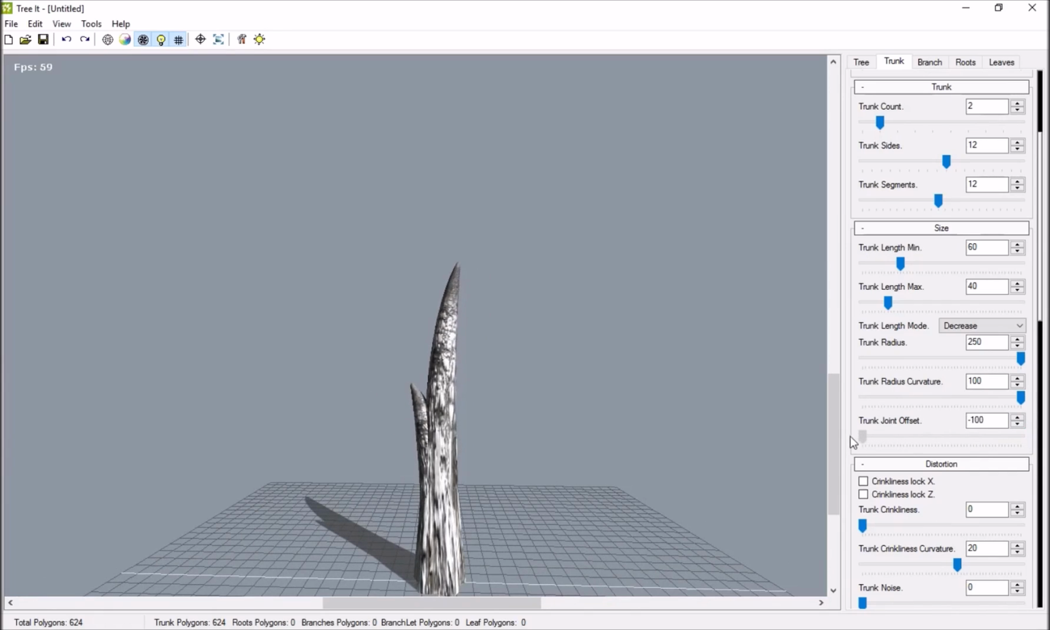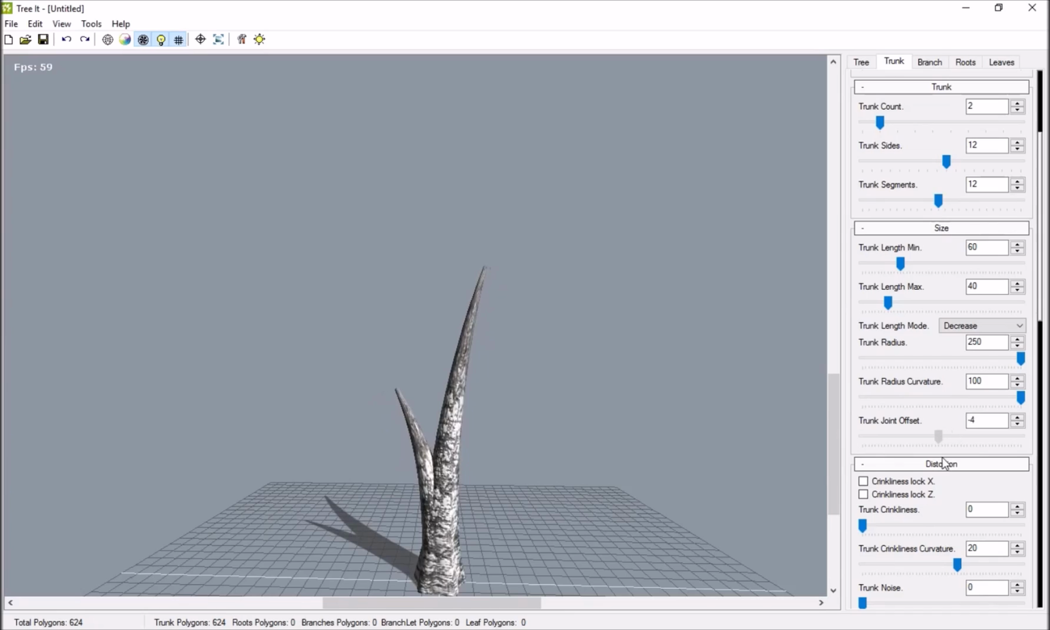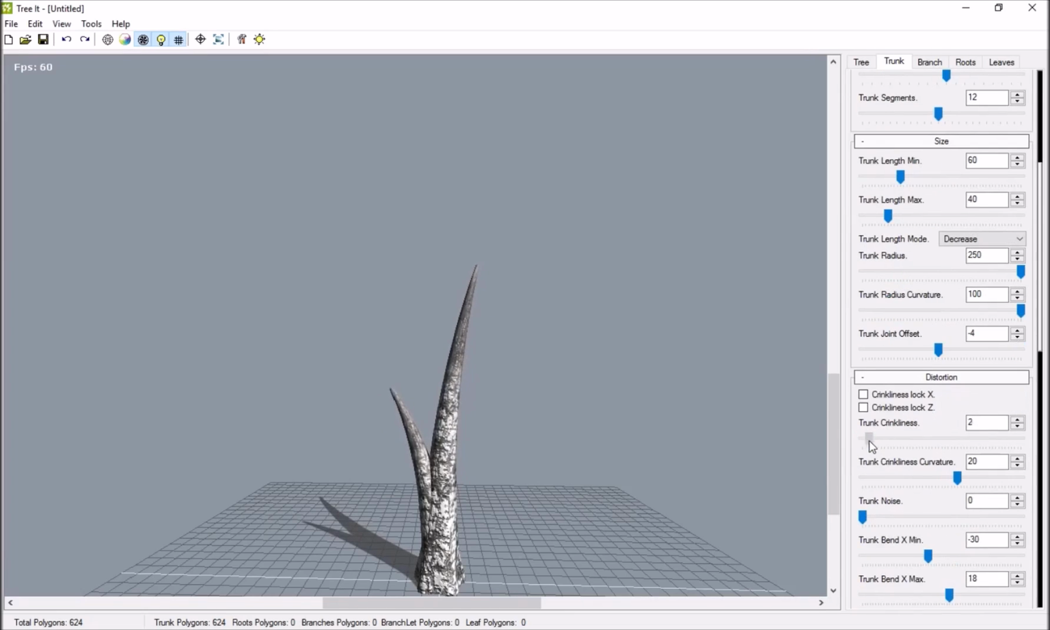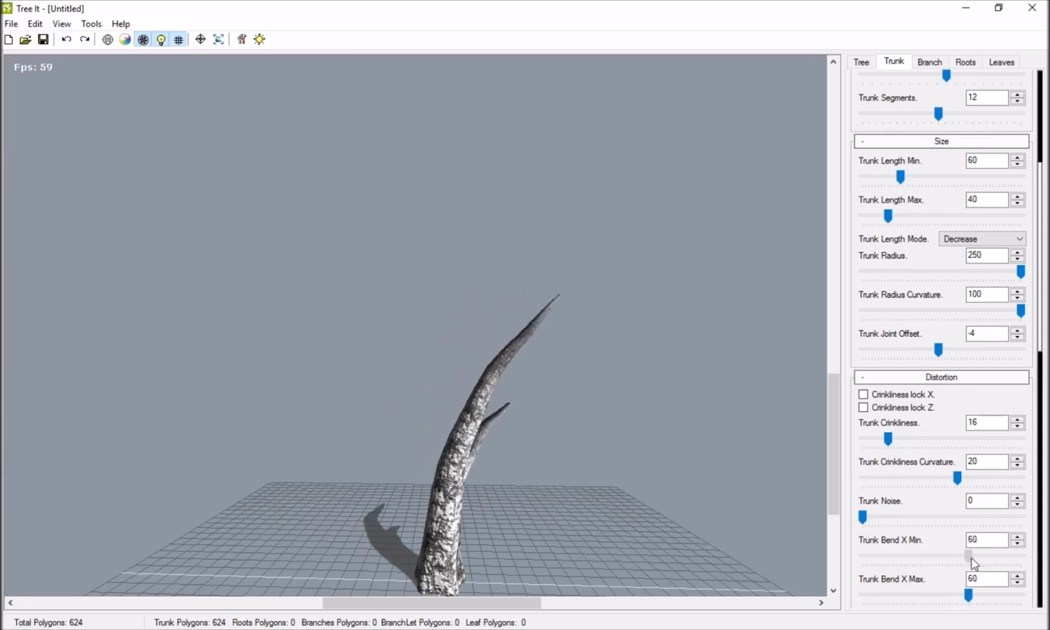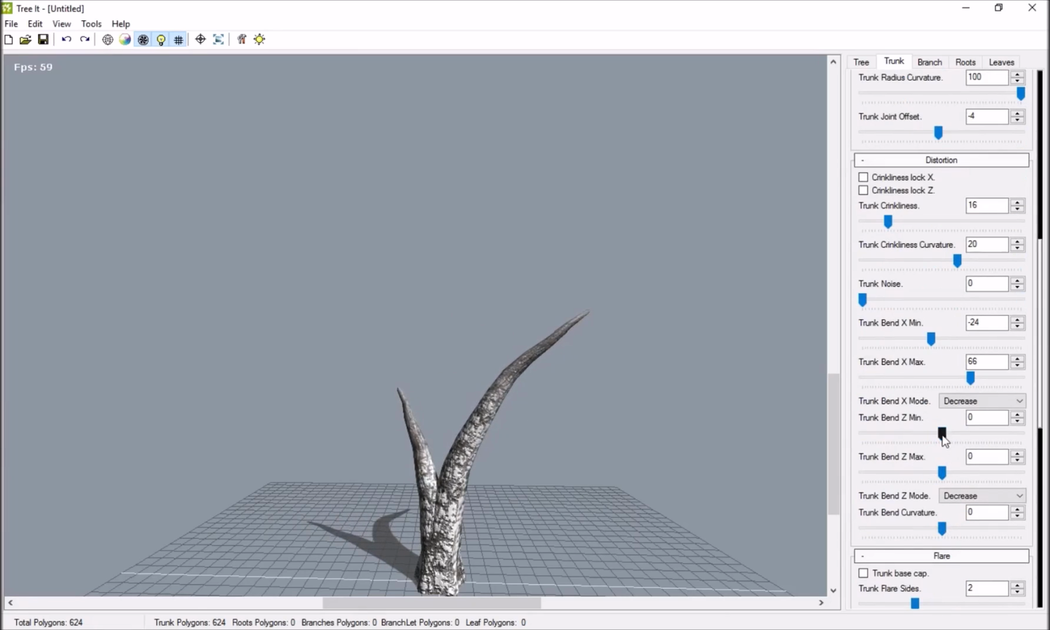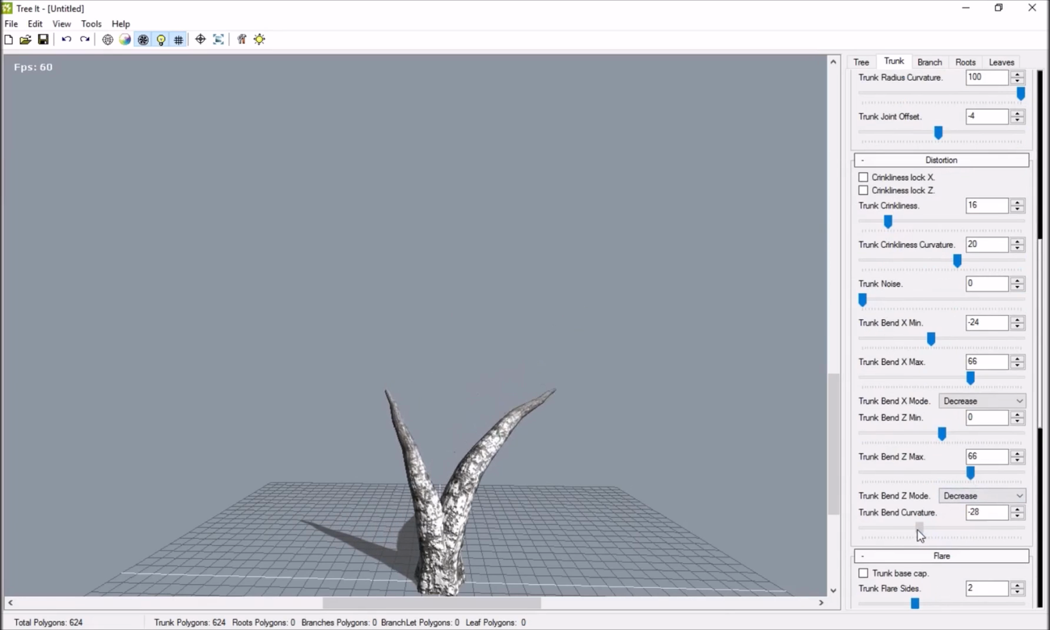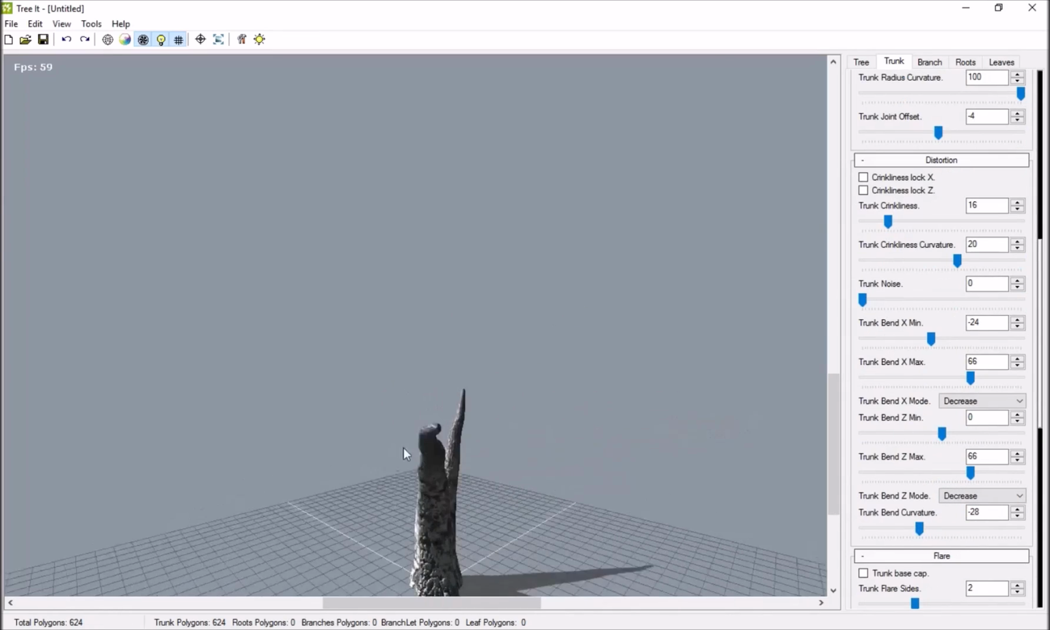So if you take it really high, as you can see, the trunk moves up really high. Then you have a crinkliness, which adds a cosine to it, and trunk noise is down here as well. You can also bend your trunk to the side and in Z as well. So on the X and the Z axes, you can actually bend your trunks, and obviously the differences would define